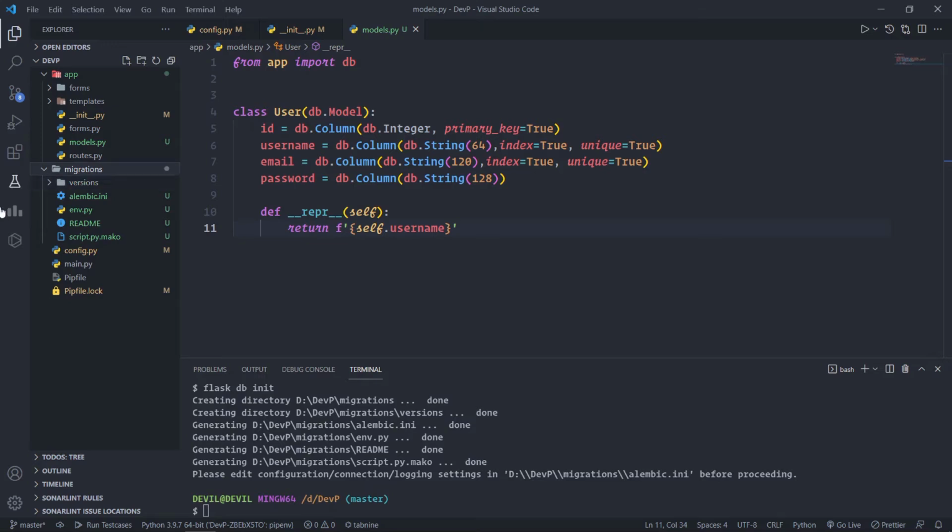We can see that there is a versions subdirectory here, and there are some more files here. So after we make any changes, a new file will be added to this versions directory, and we'll see that thing. So with the migration repository in place, it is time to create our first database migration, which will include the users table that maps to the user database table.